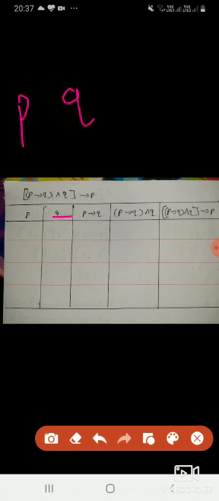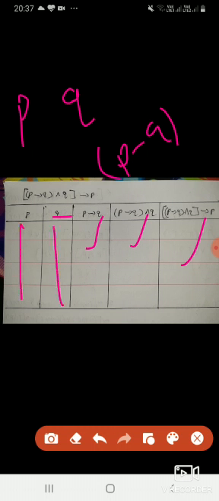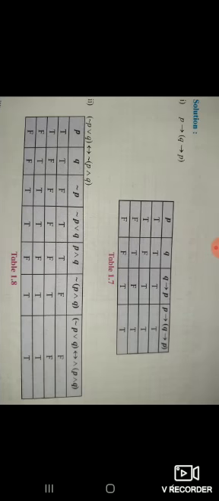So for any sum, first we'll see the sum. Here in this sum, P and Q are used, so I'll write the columns P and Q. Then in the first bracket I want P to Q. Step by step we are making the columns. Then P and Q are written one by one. Using the truth table of conditional and biconditional, automatically you are going to get the answer. So the basic sums are here.